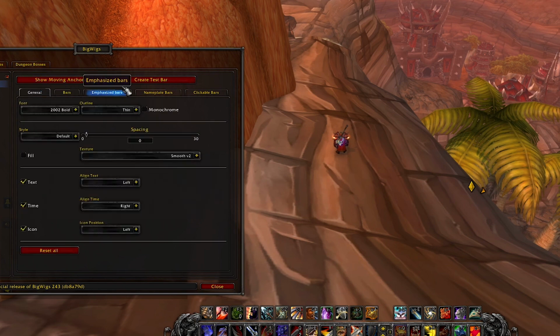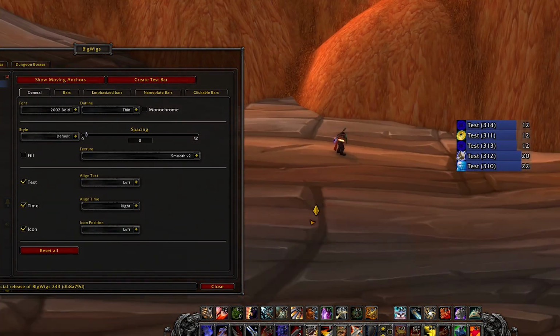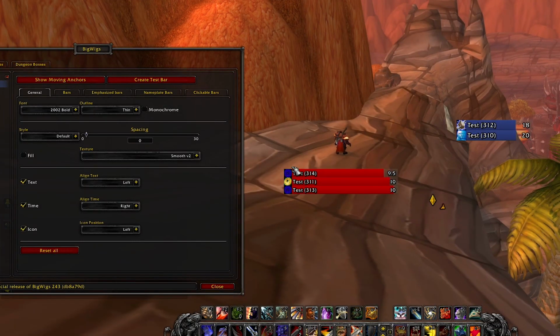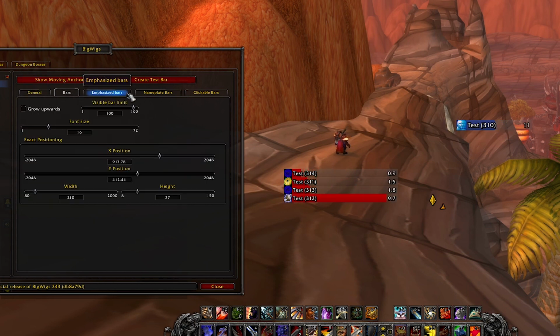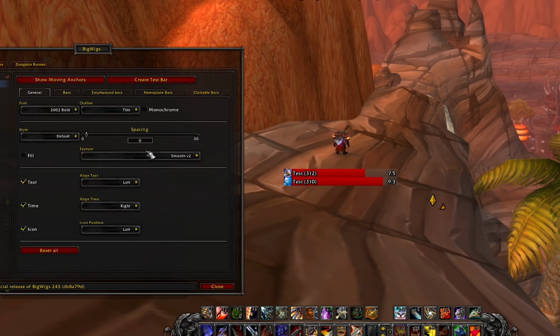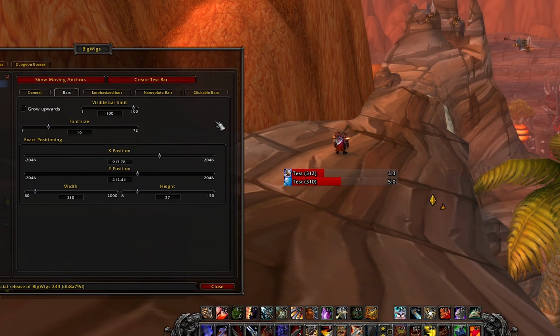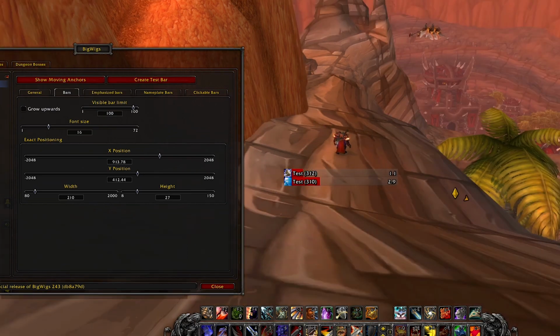You can always go back and change things realistically. If you want to change the texture again, go ahead. It's not going to break anything that you just changed. So you can just go back and change some things. All right, so we got that out of the way. And now